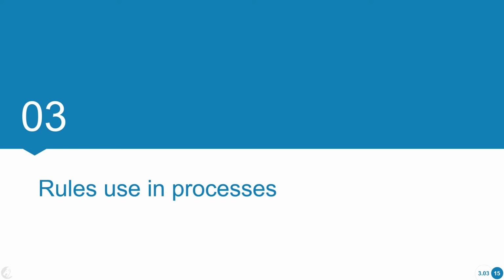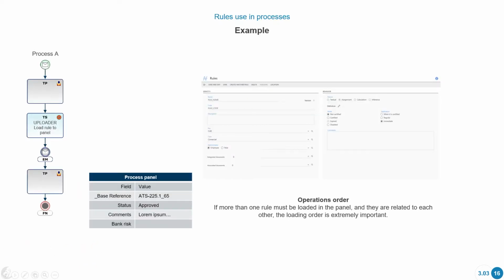Rules and processes. The next thing we're going to see is how we can bring rules to the panel of a process using a system task. Besides, we're going to see how to use all the different types of rules in a class of process. We're going to see that when we're using an uploader rule to bring these rules to the panel